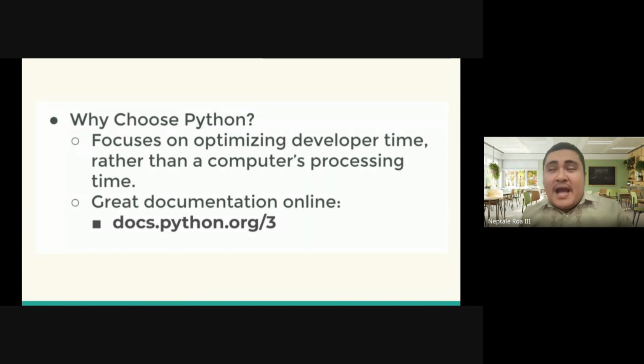So lahat ng the things that you do on a normal programming language na kinakailangan pa ng hardware specifications, matataas na specifications, yan is already disregarded in Python. Even from a usual or simple desktop, even in a simple browser, you can create a project in Python.